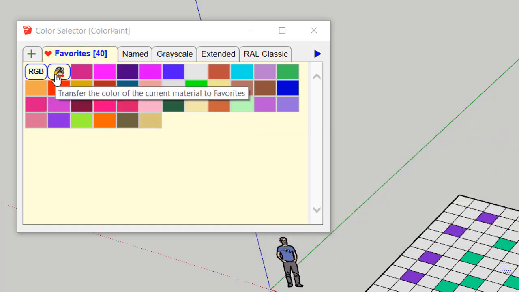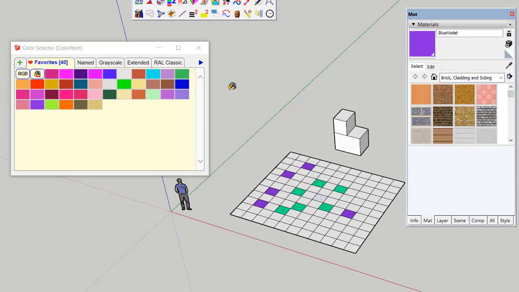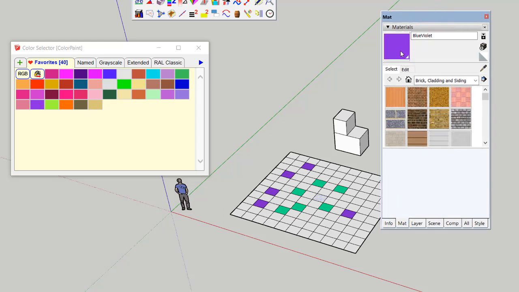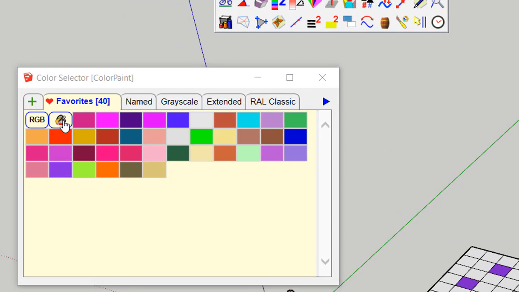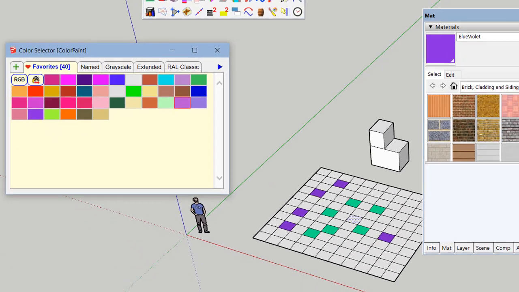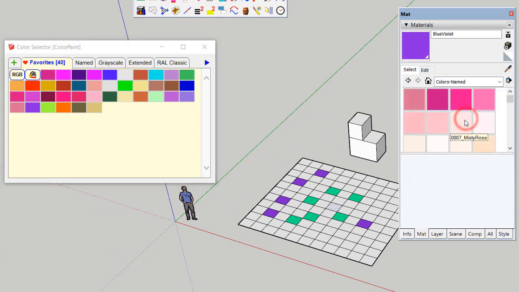And you can also borrow a color from the material browser in SketchUp. So for example, this color can be borrowed by just pressing this button. It's already there, so let's pick another color.